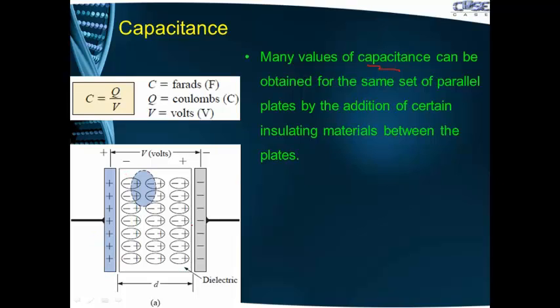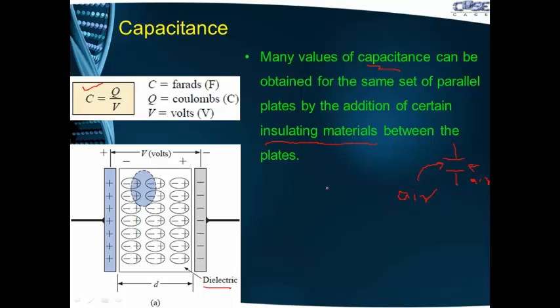At the start, we consider that the region between the plates is free space, that is air, and so initially we consider that there is free space or air between these two plates, and the capacitance of the capacitor is determined. But if we insert some material within these two plates, which should be an insulator,